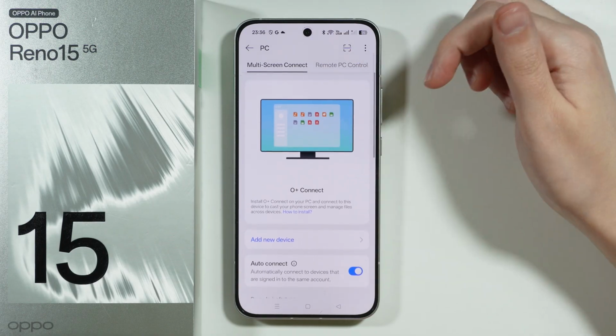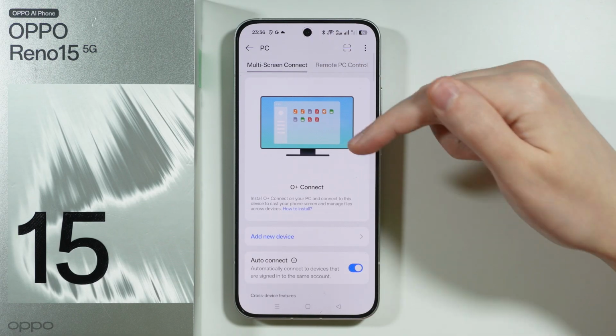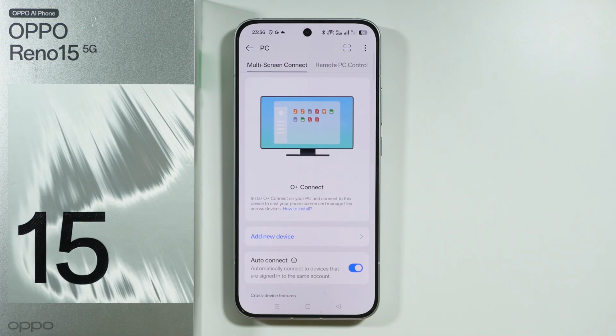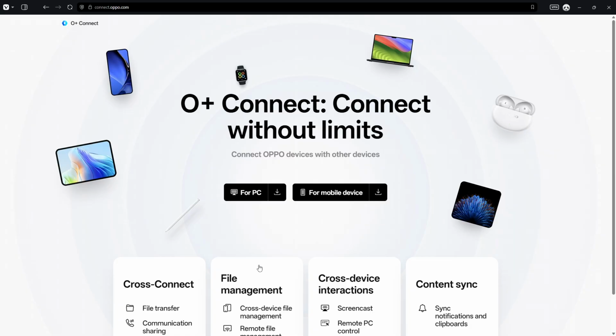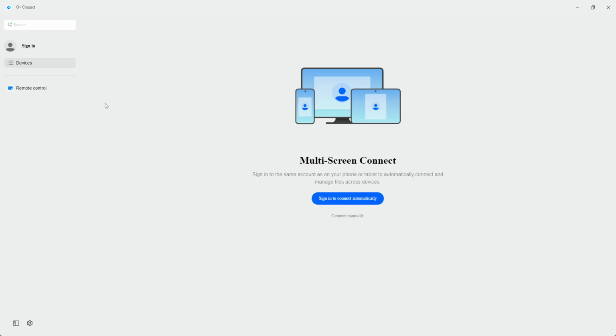Now, in order to connect with OPPO Connect, first we need to get the OPPO Connect on your computer. So what you're gonna do is you're gonna go to connect.oppo.com on your computer, and then over here we have all the download links. Of course, you can download for Windows or for Mac OS. If you do use an account, then you should be able to sign in